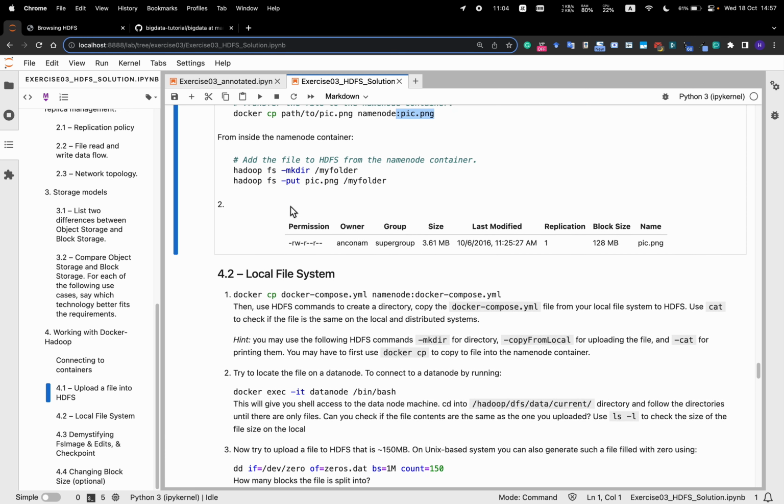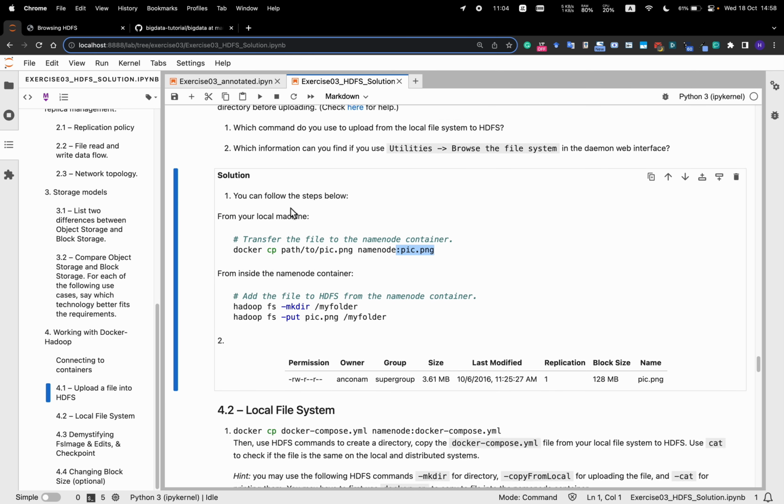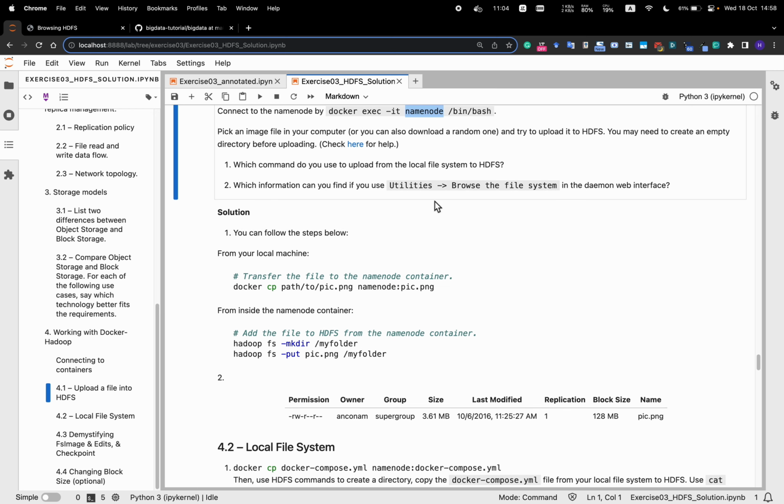So make directory, put file. One thing I find a bit weird is that all the operations were done on the data node, but technically you shouldn't; they should be on the name node. Most likely you would operate everything on the data node, so you can replace this with the hash of your data node container, and this will still work.